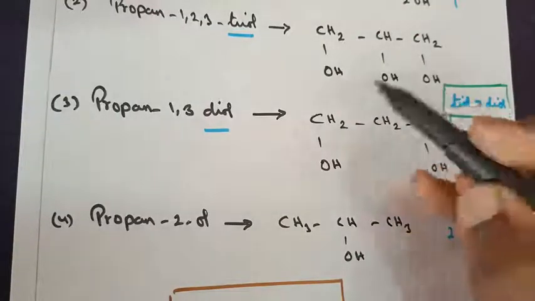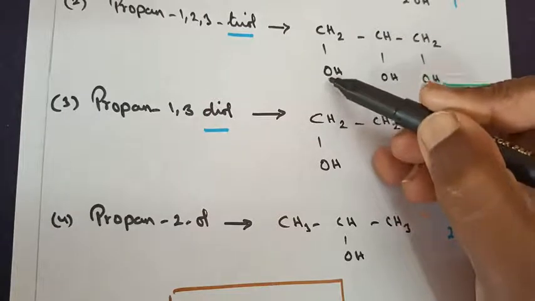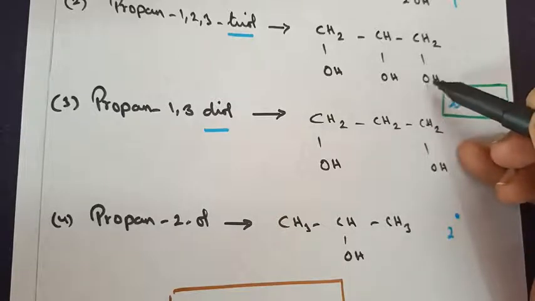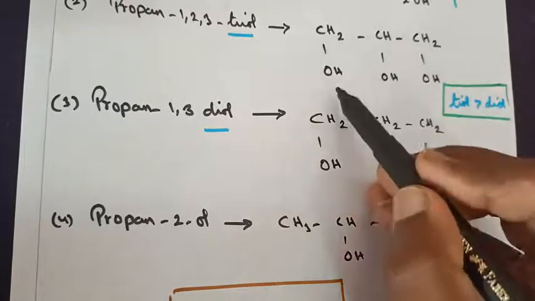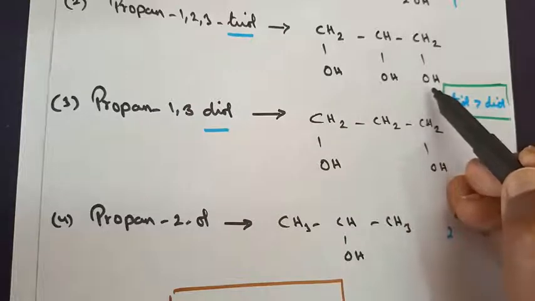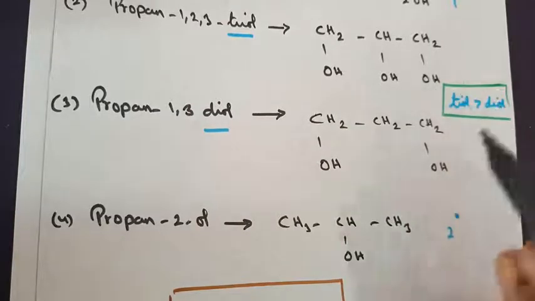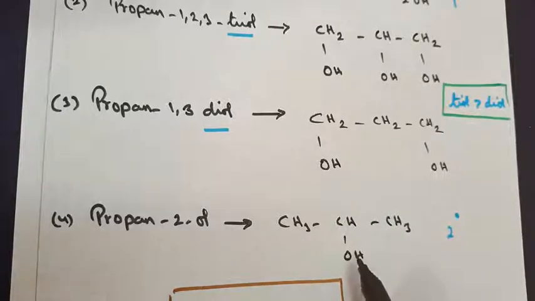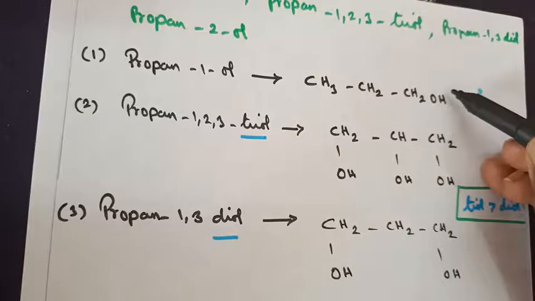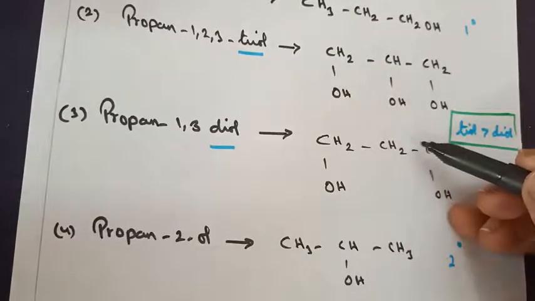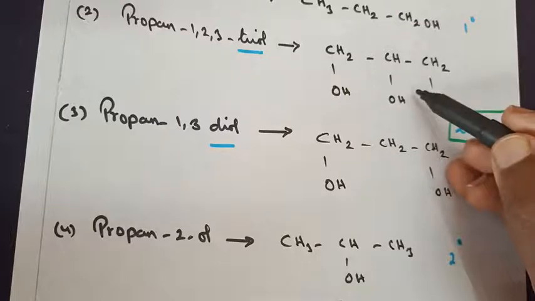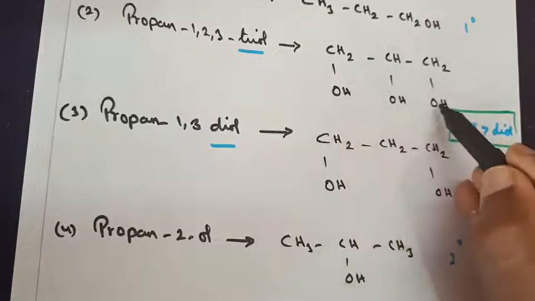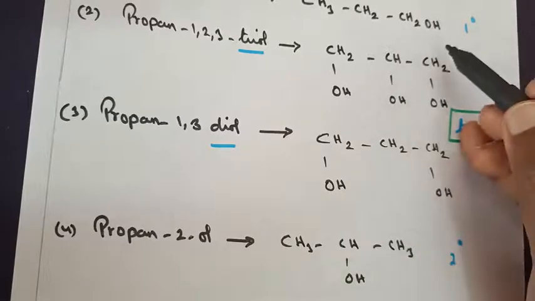If there are 3 OH groups, one more molecule of water can attach here, and the bonding can be extended. One more molecule of water can be added here, and one more molecule of water. So 3 hydrogen bonds will be formed. I'll explain in detail in the next class. In this case, 2 hydrogen bonds. Here only one hydrogen bond, and here also only one hydrogen bond. But between these two we have 2 hydrogen bonds and 3 hydrogen bonds. So which one will give the greatest boiling point? Greater the number of hydrogen bonds, greater will be the boiling point.